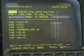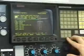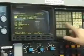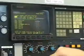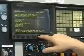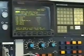Now if I said, well, 3121 is the one I really want, and so I'd like to delete, let's say, 1212, if you go across, you'll see that it's file number 2. So if I say I'd like to delete file 2, once again, I alter it, and depending on your control, you just do this in edit mode, obviously with the right protect key off, and you punch this file, and you'll see that it'll punch it out, and it'll say F02, and it recognizes